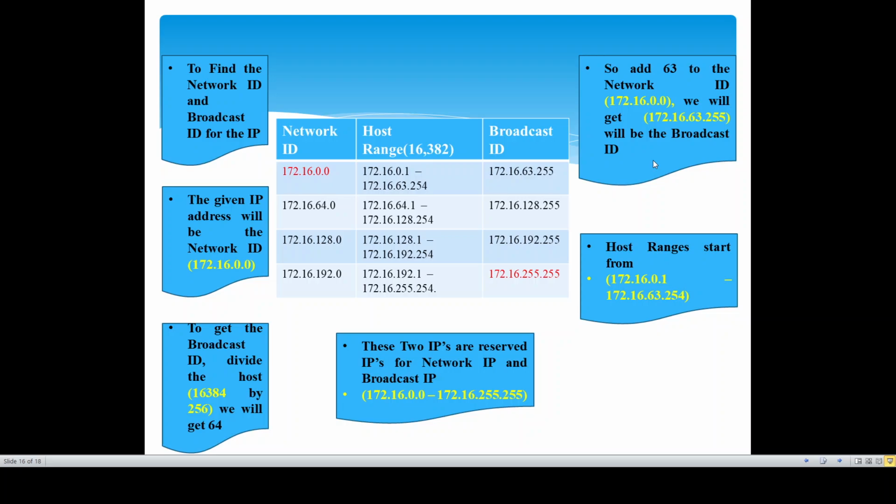After finding this new subnet mask, we will find the new host address, that means the network ID and the broadcast ID. Here we first need to find the network ID and the broadcast ID. These two IDs are reserved and cannot be changed. The first network ID given is 172.16.0.0. Then the host range is 16,382. Previously we had 16,384, but two IP addresses are reserved: one for the network IP and the other for the broadcast IP. So the IPs start from 172.16.0.1 till